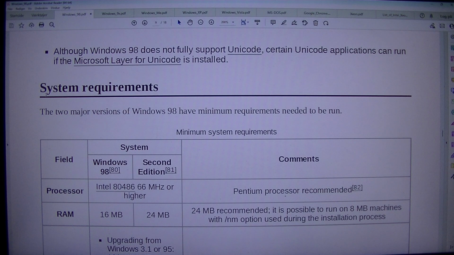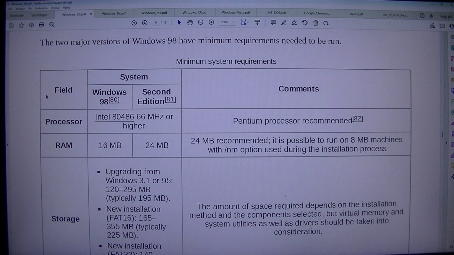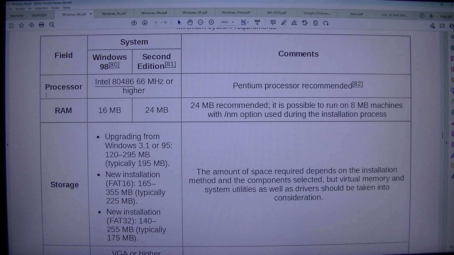Storage: upgrading from Windows 3.1 or 95: 195 MB typically. New installation, FAT16: 165 to 355 MB, typically 225 MB. New installation, FAT32: 140 to 255 MB, typically 175 MB.